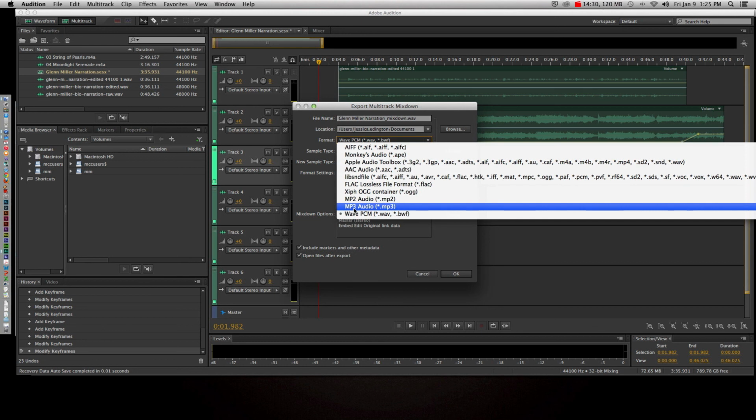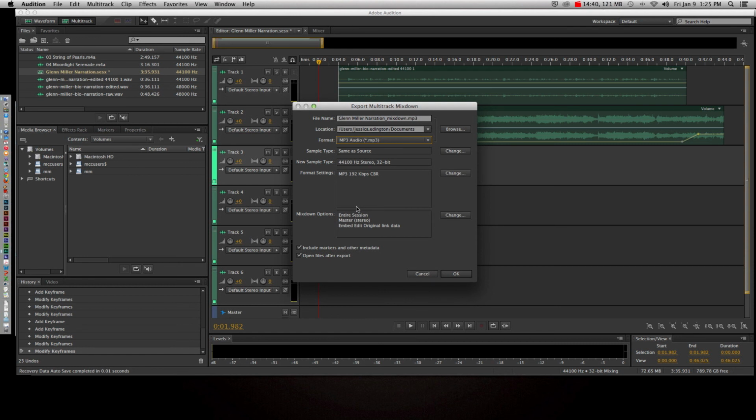So it's really good for downloading to an iPod device or putting up on iTunes or sending to a friend via email, whatever you want to do. So we'll do MP3 audio, and then it's saying it's at 44,000 hertz and all this other options. So go ahead and hit OK, and it's going to create that